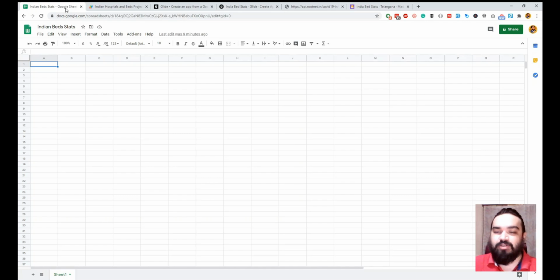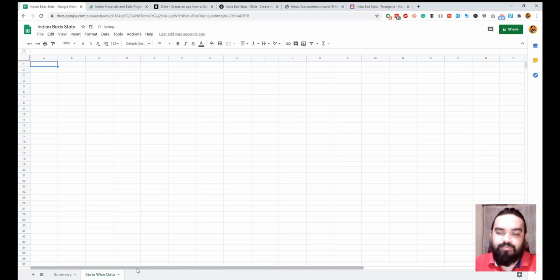Glide apps is a tool that will help you convert a sheet into an app. So I've created a blank sheet, and in this what I'm going to do as a first step is to create two sheets. Since we have summary, if you need a new page or a different page on your app, it has to be a separate sheet. So I'm just creating a sheet for summary, and then for the next sheet we will name it state-wise data.